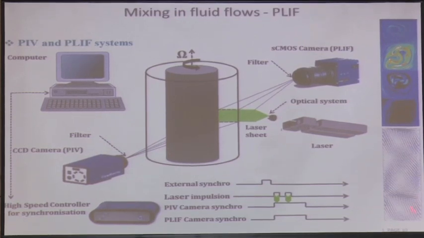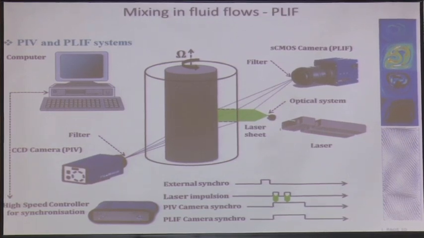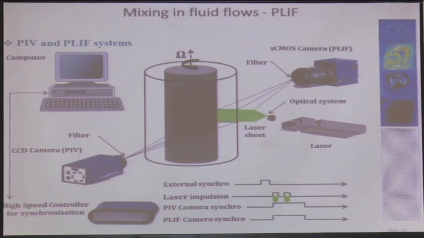And because you use the laser, you can couple that with PIV. So you can do both simultaneously. You can measure the concentration, and with another camera you can seed the flow with many particles to measure also the velocity field, and then you have full access to the flow field and the concentration, and then you can have an idea of the effect of turbulence on mixing because you have both the information on the flow dynamics and the concentration dynamics.